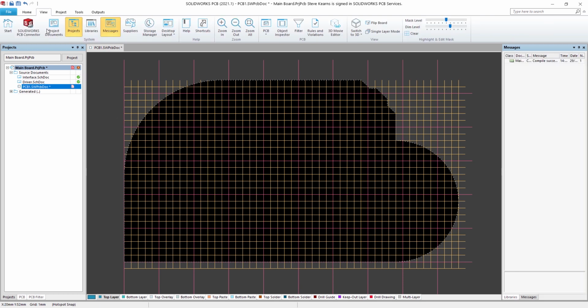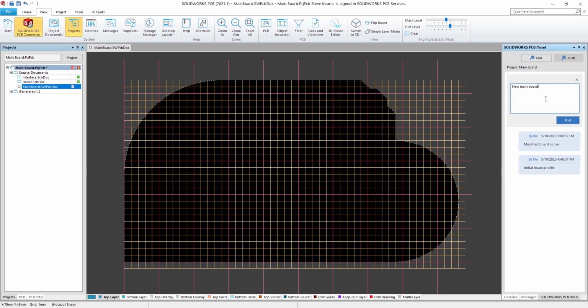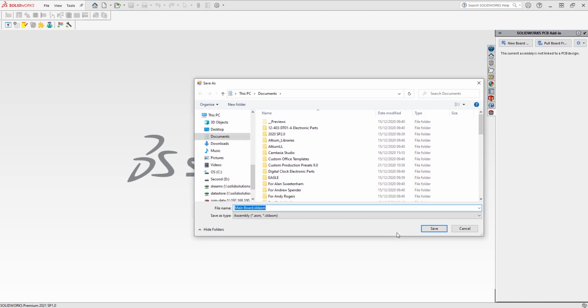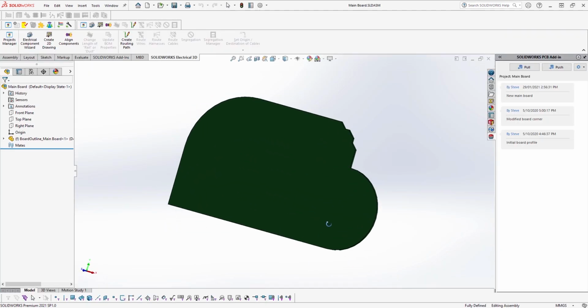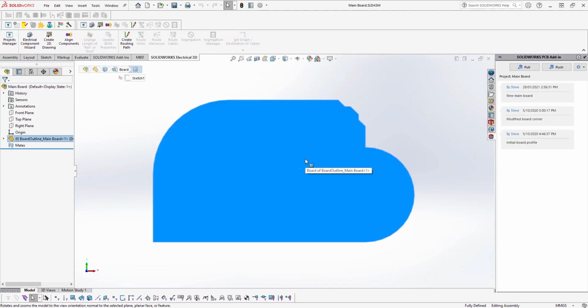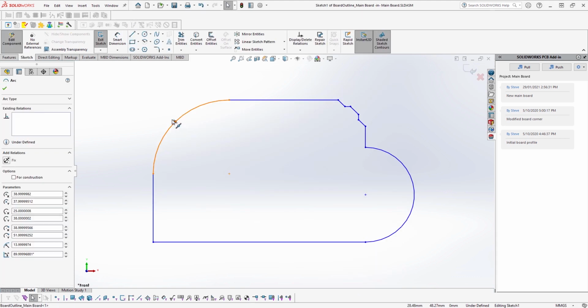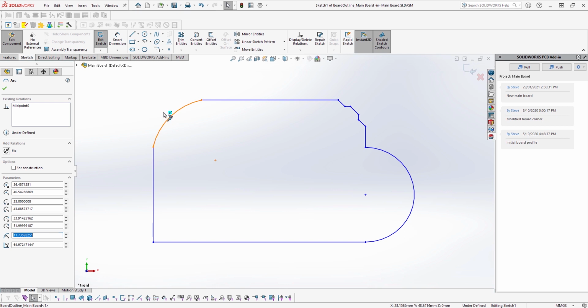The fourth and most accurate method is to use collaboration with SOLIDWORKS MCAD. The board is pushed to SOLIDWORKS to create an assembly. Here, setting the board part in Edit, we can manipulate its form and then return the results to SOLIDWORKS PCB.